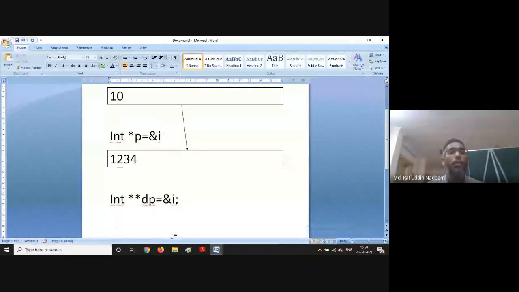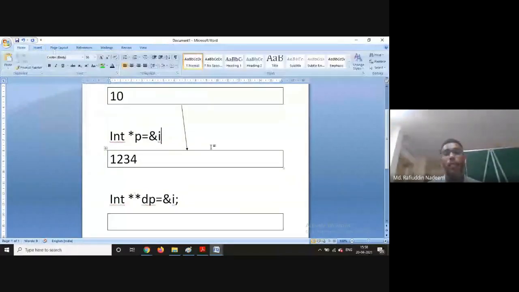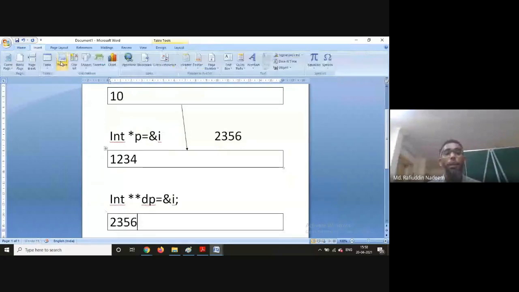Now this also contains a variable. Suppose the address of p is some 2356. Now this contains 2356. The address of p is stored in this.